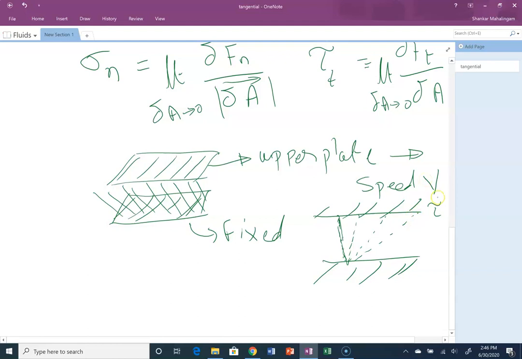So this is what I mean when, in the definition of a fluid, this quantity tau, the shear stress, can be very small, however small, nevertheless, it's going to set the fluid in motion. And this is the picture at early time, and this is the picture at later times. And as time increases, the motion continues, right? So imagine marking this fluid by a dye, and then all I'm looking at is a trace of this dye at later times. So hopefully this gives you a better sense of the definition of a fluid and how the notion of tangential stress